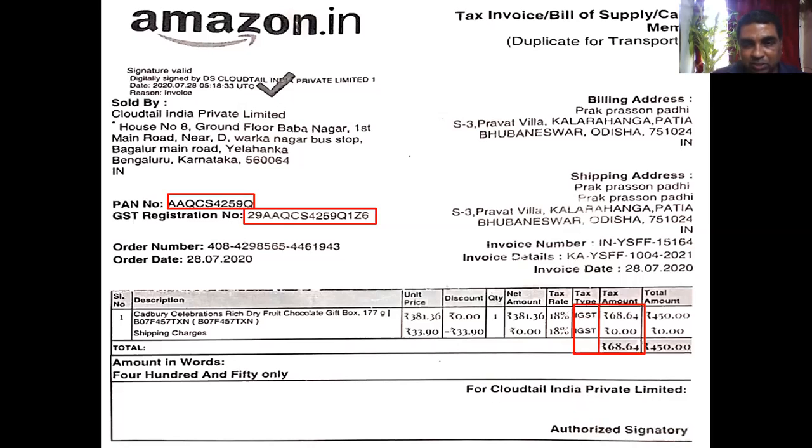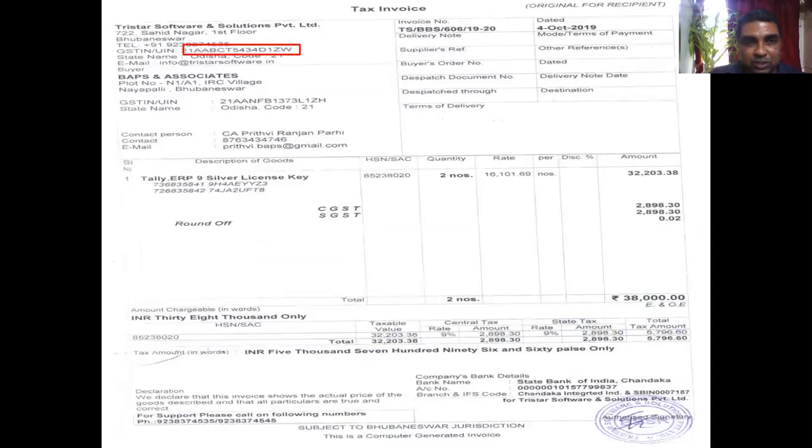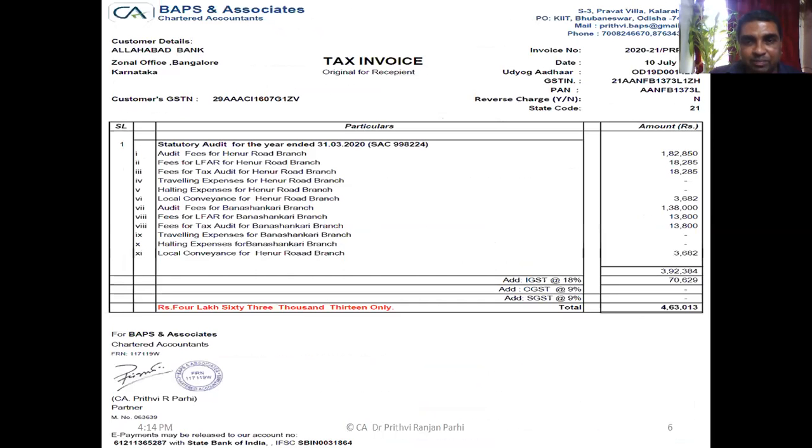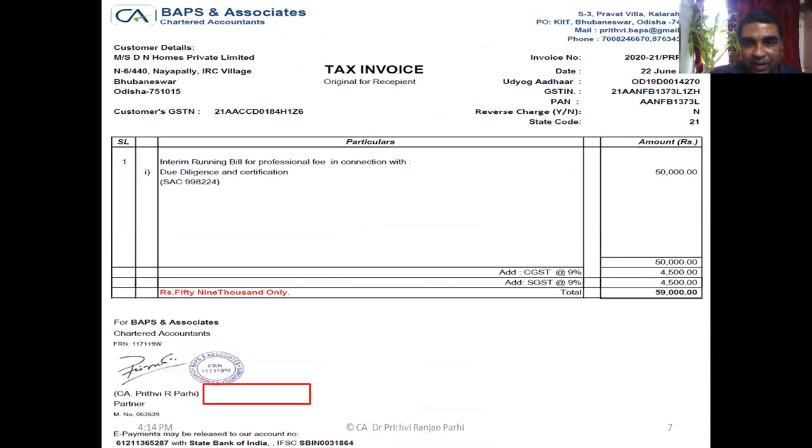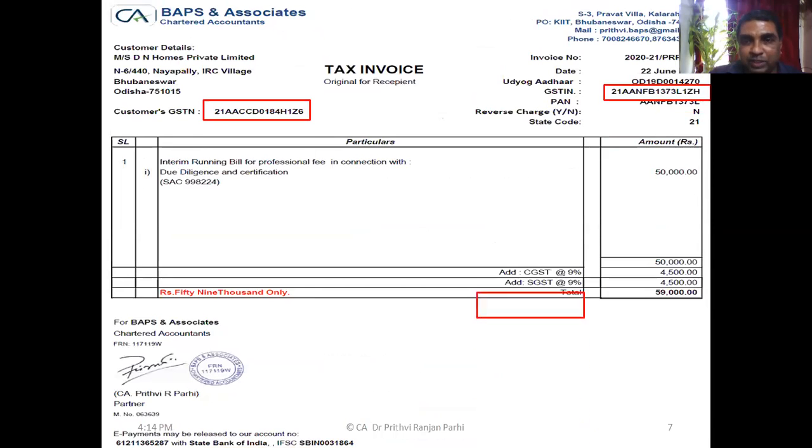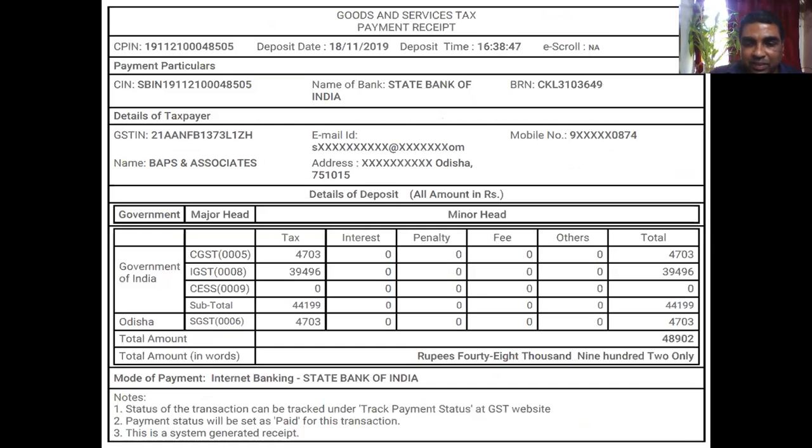Some other invoices you see in the form of IGST and CGST. Both in this case, IGST. And in some other invoices also we have seen GST numbers, IGST, etc. are collected. We know invoice should contain GST number and the various amounts that are collected under different heads. And finally, after availing input credit, we deposit the money which is to be paid to the government.